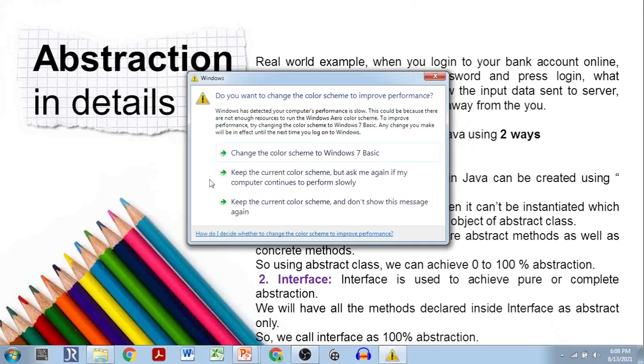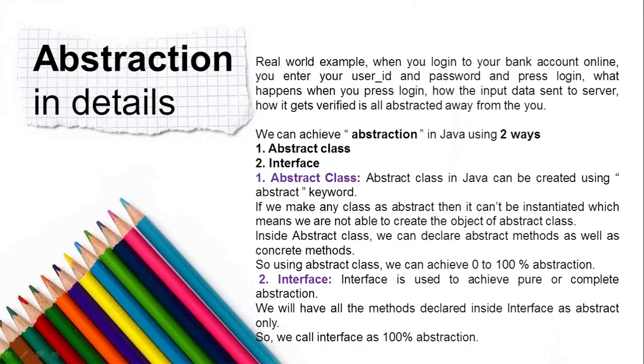Inside the abstract class, what will happen? We can declare the abstract methods only plus concrete methods. No, sorry, I used the term "only" by mistake. We can declare the abstract methods, and also the concrete methods, like any other normal methods, and we can also put the abstract methods. So by using an abstract class, we can achieve 0% to 100% abstraction. Are you clear? The interface is another way of providing abstraction in Java.